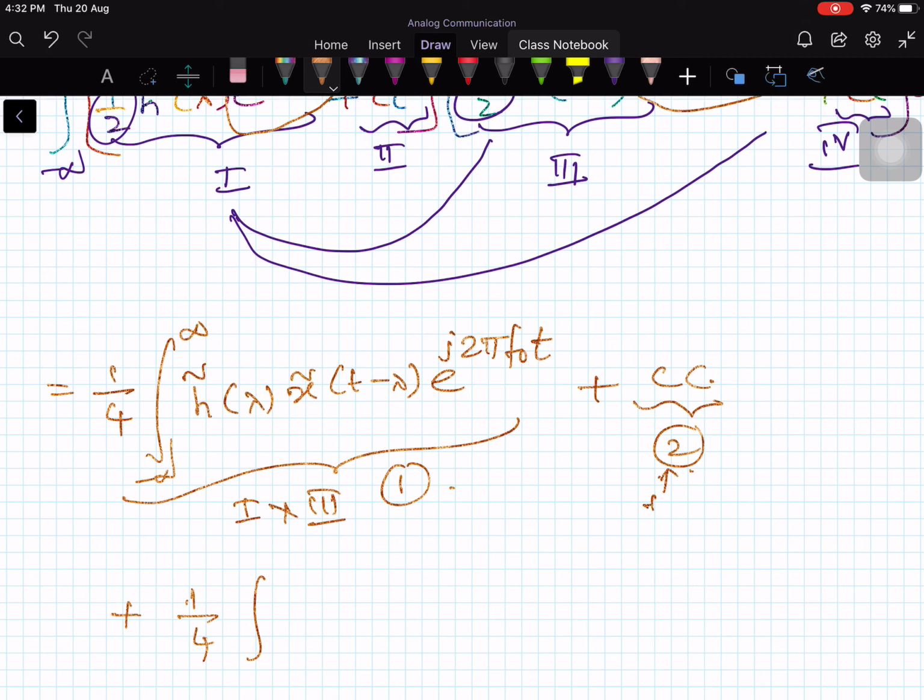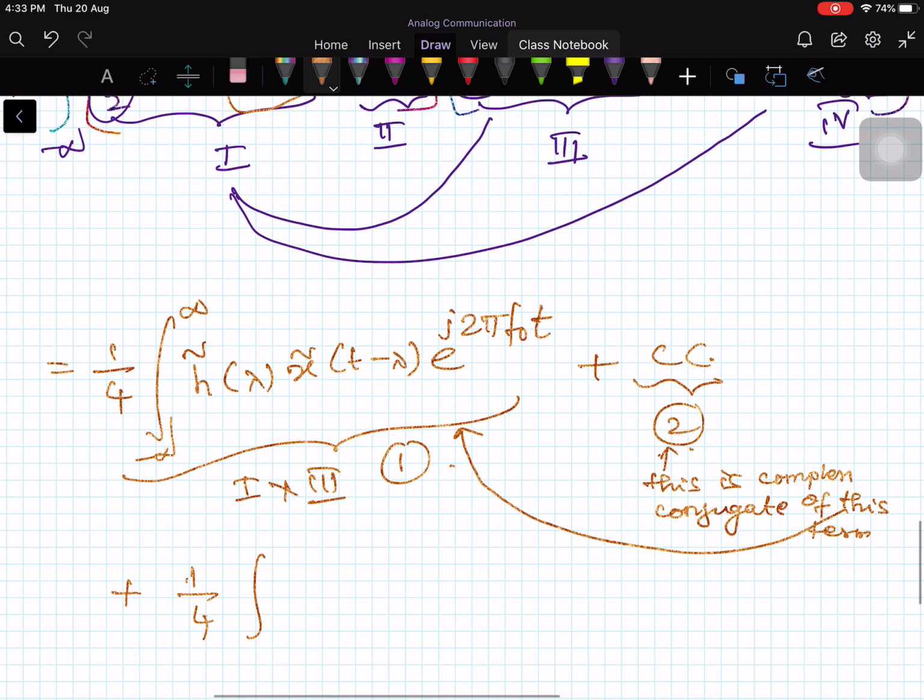This is the complex conjugate of this term. Which term? This term. I mean, I can write it down, but anyway it's not necessary. It's simply repetition. And if you multiply 1 and 4, then